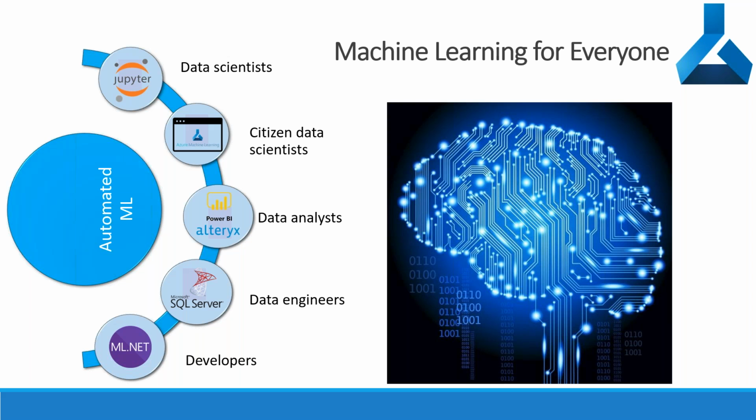And the next step, you have your citizen data scientists. This is where automated machine learning is mainly going to be useful. These people are not data scientists well versed in machine learning or data science related things, but they understand what problem they are trying to solve, and what algorithm they should be using, and pretty much feed the information to get an outcome. So it's just making the machine learning process an easier process for the citizen data scientists, and that's where automated machine learning fits in.